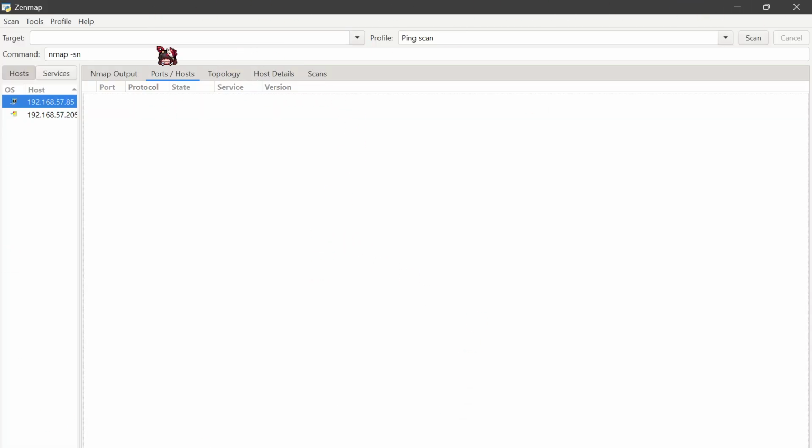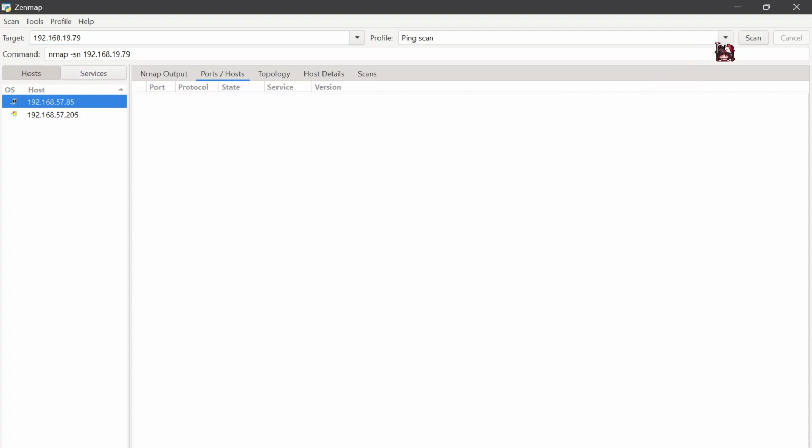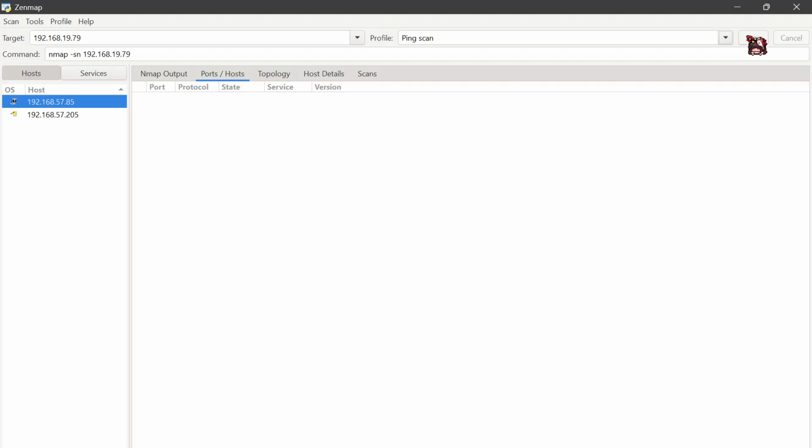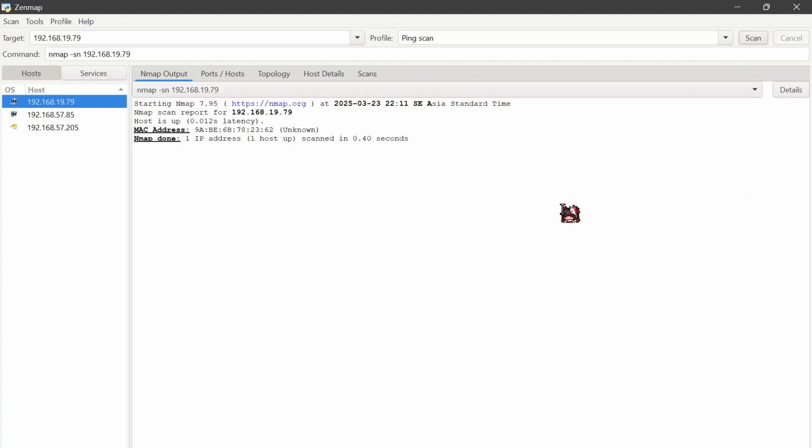As you can see here, after retrieving the IP address, we will proceed with the scanning techniques using Zenmap. In the target field, enter the default gateway here. Okay. Then for the profile, we choose ping scan. Then we just choose scan.